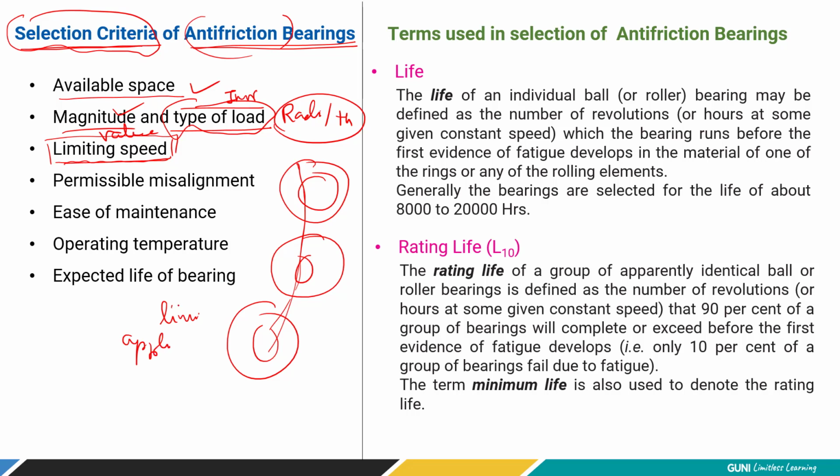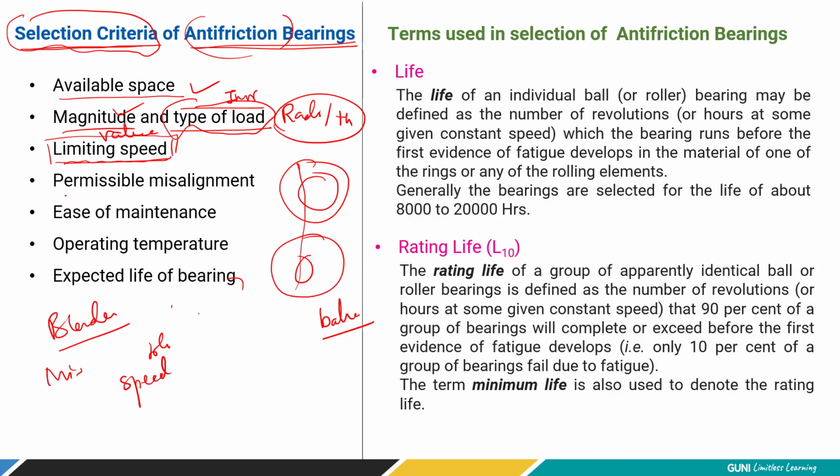Let's say just recall the blender at home, even the mixie. It rotates at very high speed. So two deep groove ball bearings are used, because it has to rotate only in one direction, right? There is no possibility of another plane of rotation, so the speed is important and you have to choose accordingly. You cannot use the taper roller bearing in that case because no heavy load is coming. You have to use simply a ball bearing of certain diameter, which allows you to rotate at very high speed, okay?